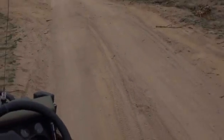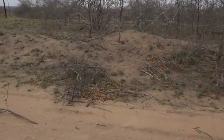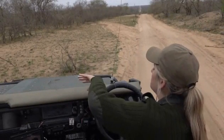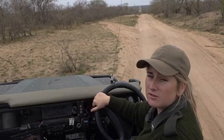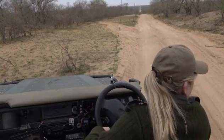There's an elephant footprint there. Now, if you look, you can actually see in the middle of your screen, if we go a little bit further up, you can see the toenail. So Eileen wants to know who keeps the roads clear of all the vegetation, and obviously the elephants like to leave lots of trees around. You can actually see a few of them all scattered around there. Now, Eileen, most of the time it's the rangers as we go along. If we see a big tree, we often get out and we drag one across and pull it off the road, or sometimes you can actually push them out of the way with the vehicles if it's a really big one. We've got a nice big bull bar on the front there, so that protects the softer metal on the vehicle. And obviously when we have the big teams,